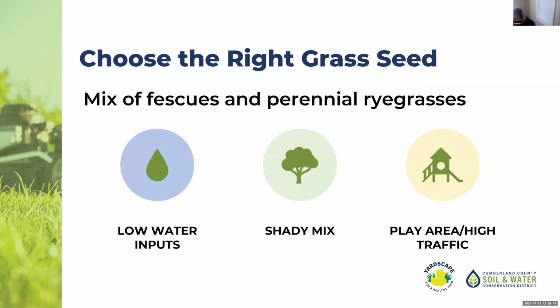So for Maine, picking a cool season grass that's going to grow well in the native conditions of our state and our climate is important for having a lawn that you don't run into future issues with. So that's mainly a mix of perennial ryegrasses and fescues that are better than warm season grasses or things like Kentucky bluegrass that are prone to building thatch layers, which gets into issues where you have a thatch layer that's growing on the top of your lawn.